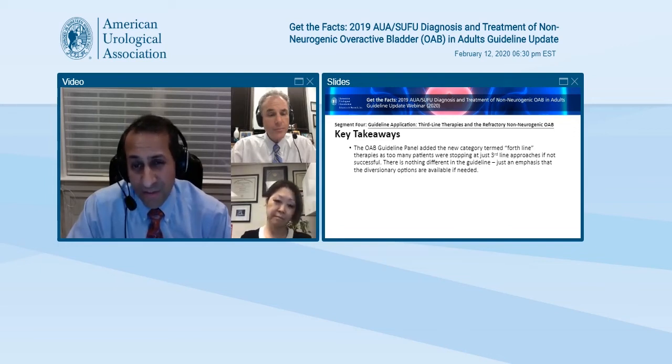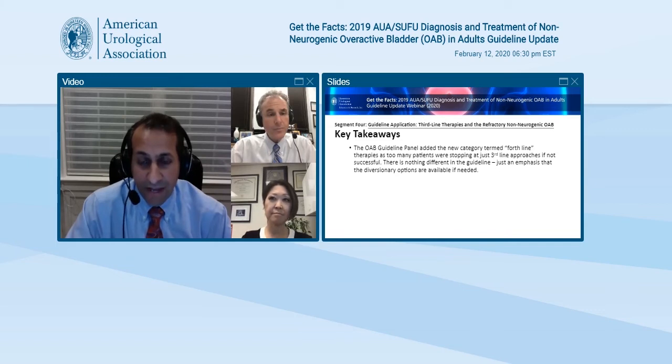diversions. Maybe it's a suprapubic catheter. Maybe they do need an ileal conduit or some form of diversion. Again, it's an infrequent occurrence. I will submit that to you. It doesn't happen often, and most patients may not be optimal candidates. But I think in a select group, they would need to be considered as a candidate. So we thought it would be worth codifying that as an additional step, that we somewhat minimized, or were kind of de minimis in our approach to, in the first two guidelines.